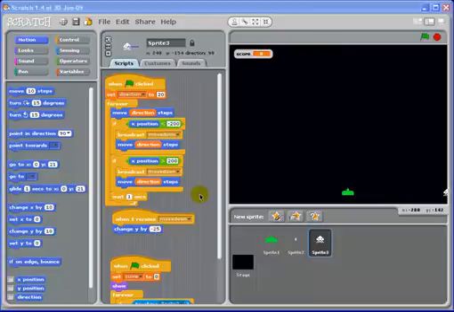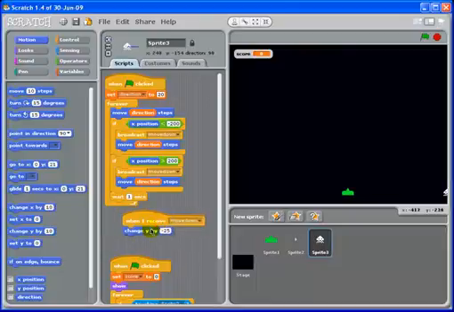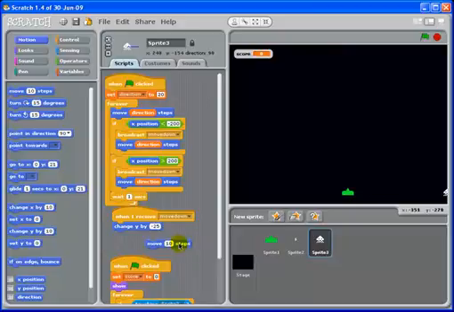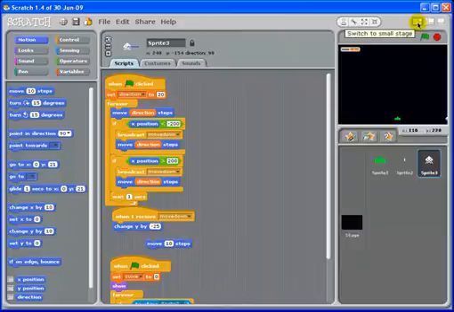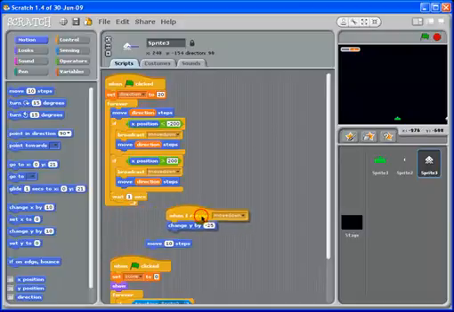Okay, so it's moving down, but before that what I really need to do is get it to move back to the left. So how am I going to do that? Well, let's go to move. It's running out of space here. Now normally you can do this. Clicking on that gives you a little bit more space to actually see things. So what I want to do is I want it to